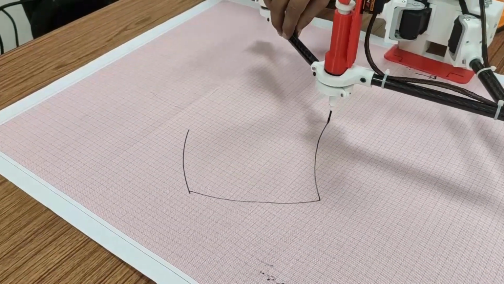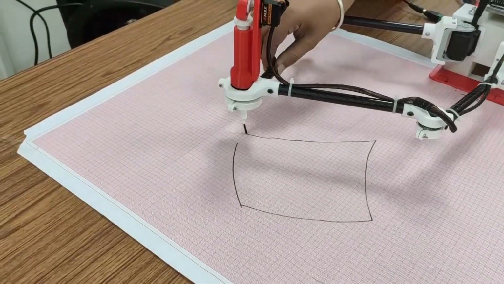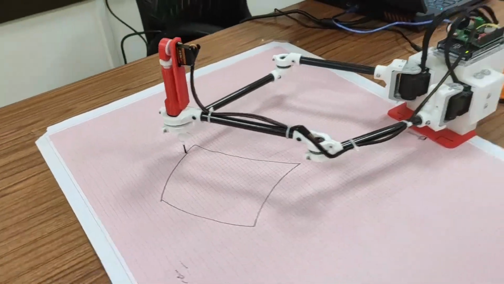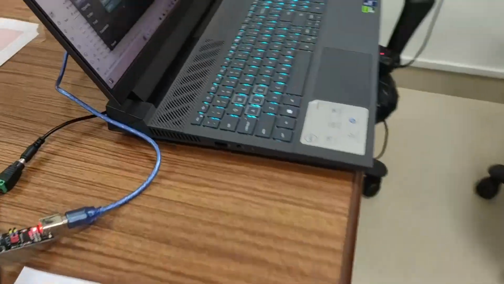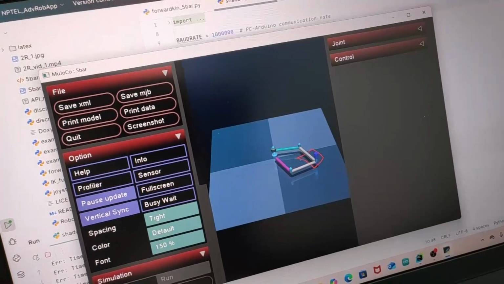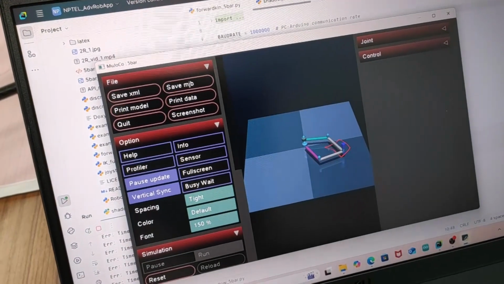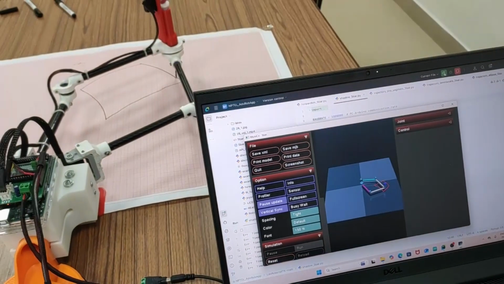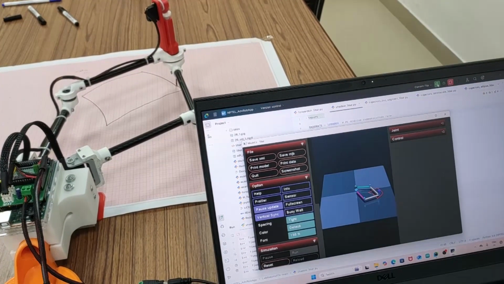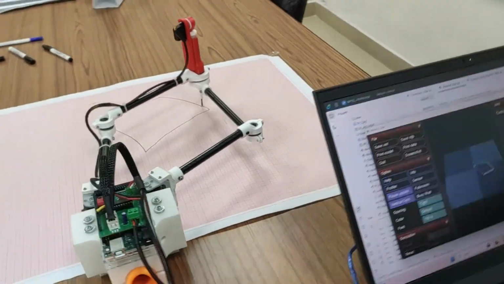So that is something like a, okay, that is the trajectory that we have manually taught it now. You can see that in the simulation also, it has drawn exactly that same trajectory. So this is basically one way of teaching. And when it is moving the actual robot, you can see both of them here. The actual robot has also moved, and the simulation also has copied exactly the same motion.